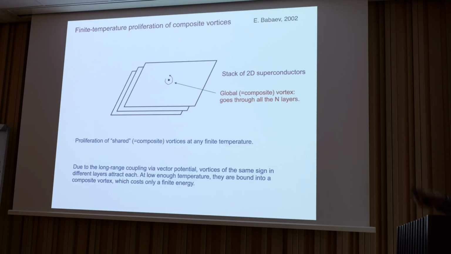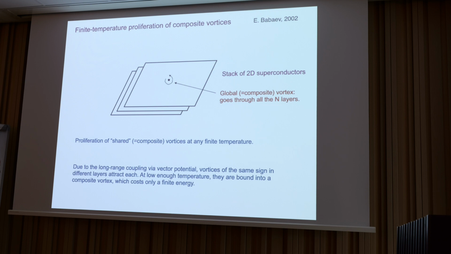So now, Yegor's scenario, which can be classified as one of the simplest vestigial scenarios. Think of a stack of 2-dimensional superconductors, 2 or more. The guys are not talking to each other, so there is no Josephson tunneling between them, but there is a coupling via vector potential. So if we have a vortex in one layer, then we know that conceptually, if it's a superconductor, there is a sharp crossover rather than a phase transition at high temperature, because the vortices have finite energy, though large enough.